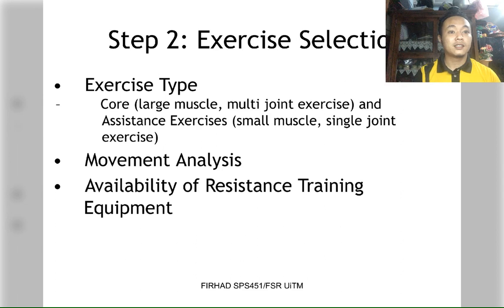Step 2 is exercise selection. Point number 1 is exercise type. Either you want to train core exercises, which are large muscle, multi-joint exercises, or you want to train assistance exercises, which are small muscle, single joint exercises. Next point is your movement analysis. If your sport needs kicking, you train more on the lower body, for example. That is the movement of your sport. And the last one is availability of resistance training equipment. Either you have those equipment, and when you have those equipment,